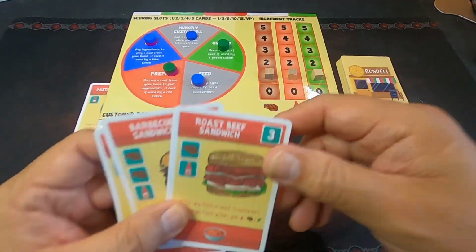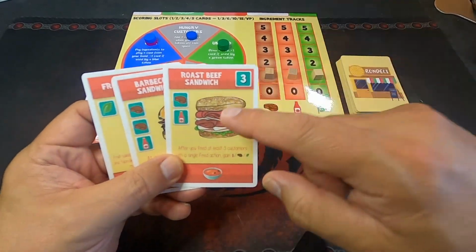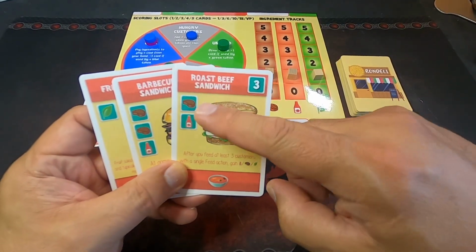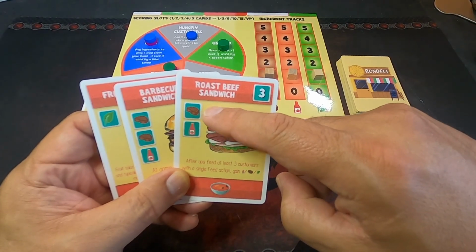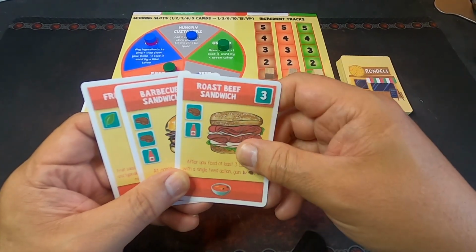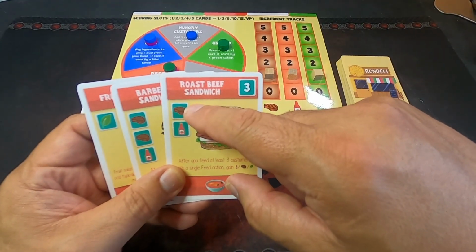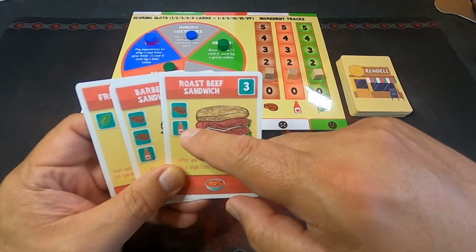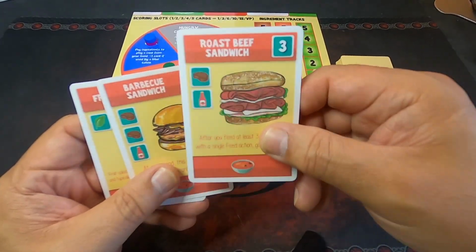So for instance, let's say I want to feed this customer here. They're looking for a sandwich. Let's say that I want to feed them this roast beef sandwich. I have to, first of all, play this card from my hand. Okay, and I have to discard a meat and a condiment to be able to cook this card, to cook